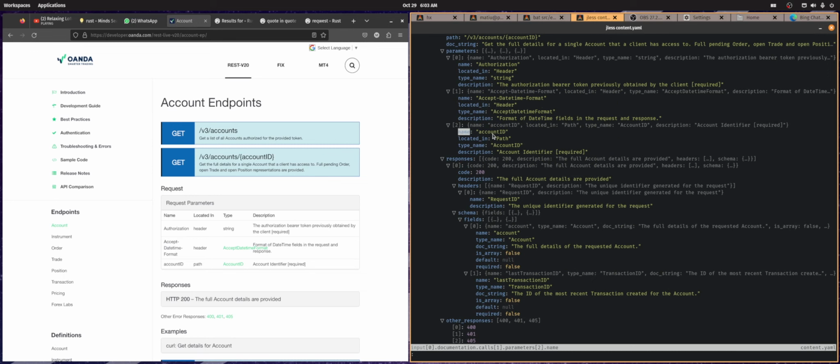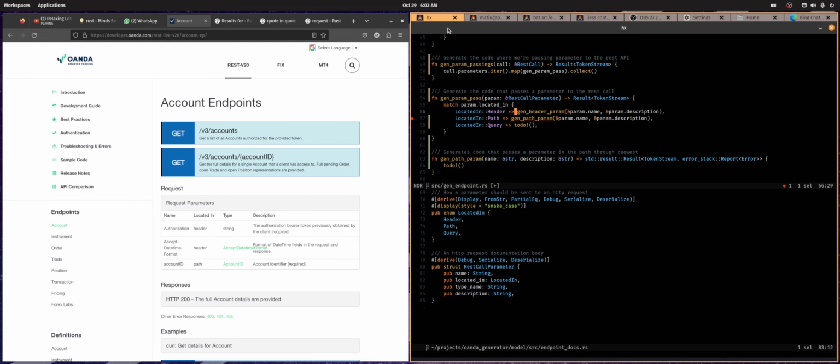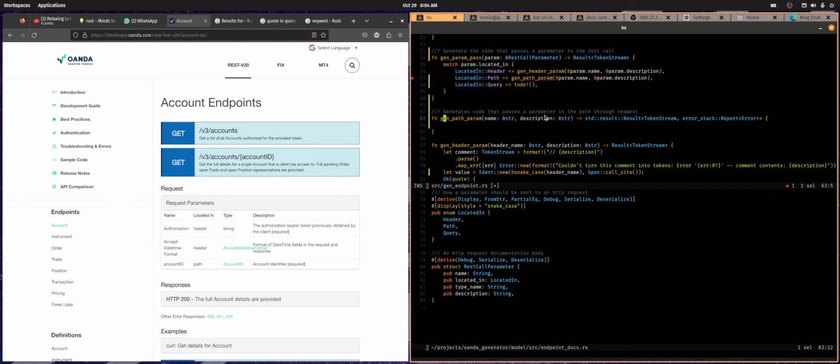Yeah, so we know the parameter name is account ID, so we have to make a search and replace. Handlebars template replacement. That should be easy. So how are we gonna do this? Okay, whatever. Our code is gonna be something like